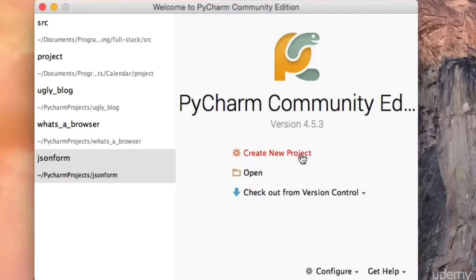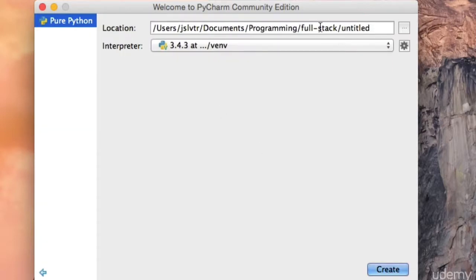Hi and welcome back. So in this video we're just going to be creating the new project for our app and talking a bit about what is JSON. So the first thing to do is go ahead and create another project here under the full stack folder, and I'm going to call it